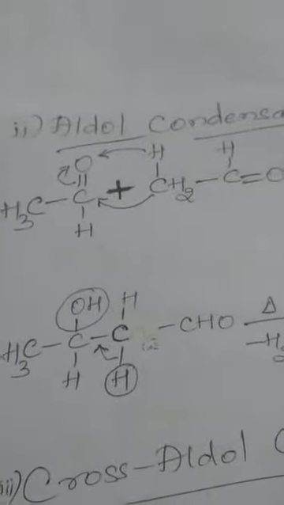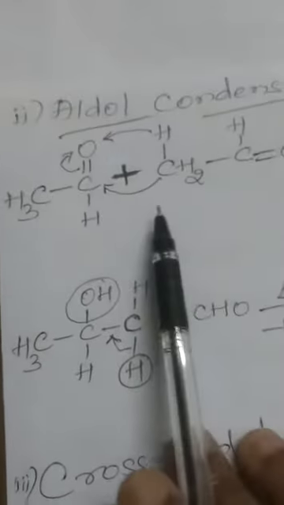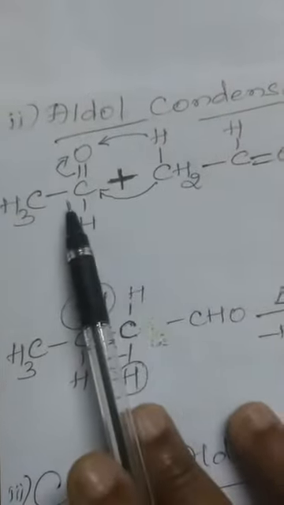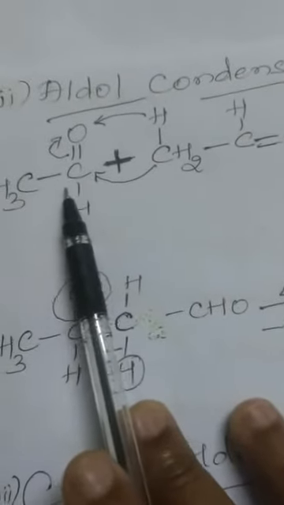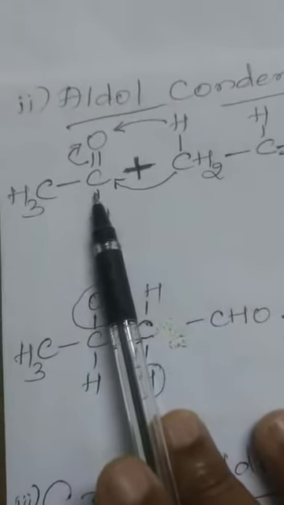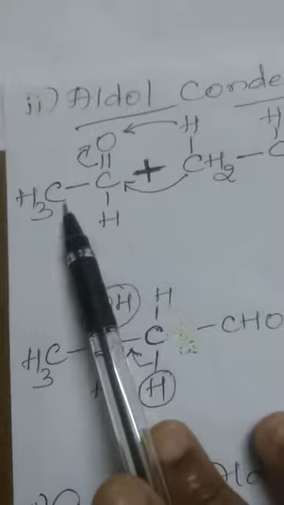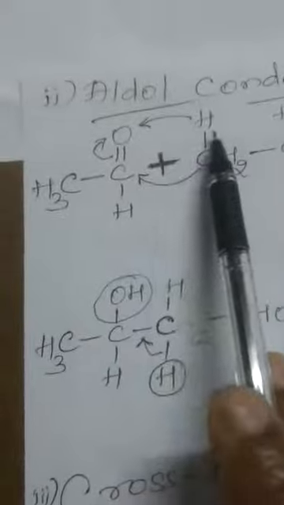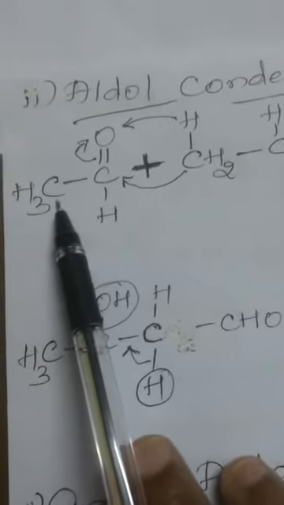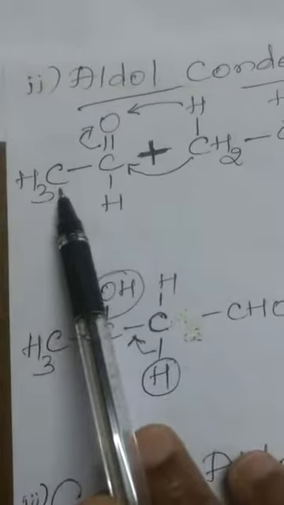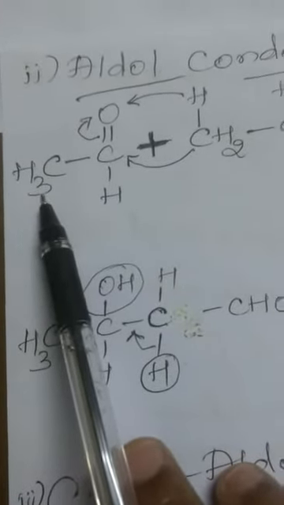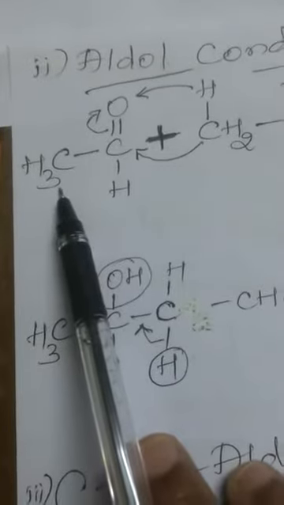Now you should know which is the alpha hydrogen atom. Alpha hydrogen atoms are those hydrogen atoms which are bonded to the alpha carbon. And as I have told, the alpha carbon is the immediate first carbon with respect to the aldehydic functional group CHO. For example, if I take ethanal or acetaldehyde CH3CHO, the alpha carbon is the CH3 carbon with respect to the CHO group, and this has 3 hydrogen atoms bonded. So therefore there are 3 alpha hydrogen atoms.